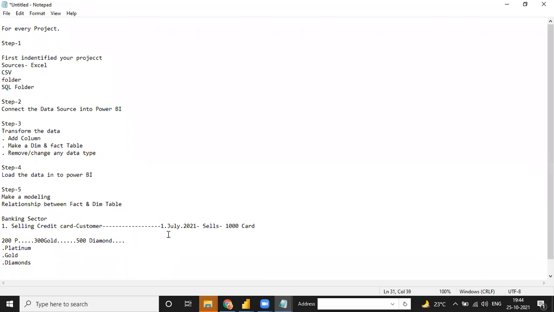Okay, so this is your total first day sale. 1000 cards you have sold: 200, 300 and 500 of platinum, gold and diamond.